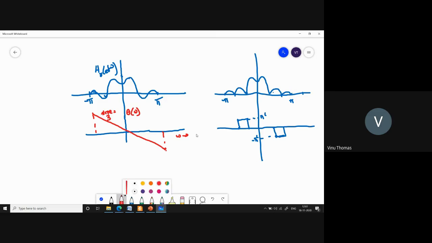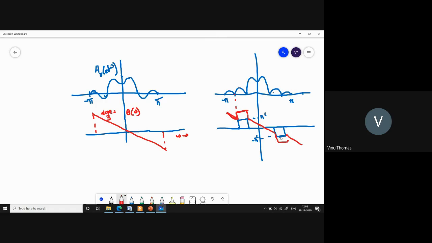Use a different color to indicate that. So here you are adding this line to 0. So here there is no angle to speak of. So in this region it will be like this. So this is the angle in this region. And here you are adding a plus pi. So you have a jump here. And from here it will continue. And here you will have again a jump. And from here it will continue like this.